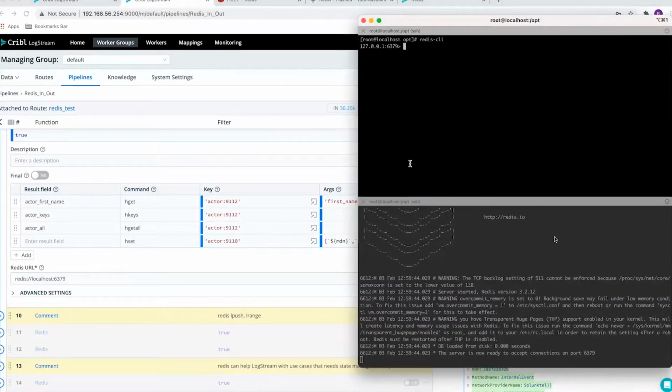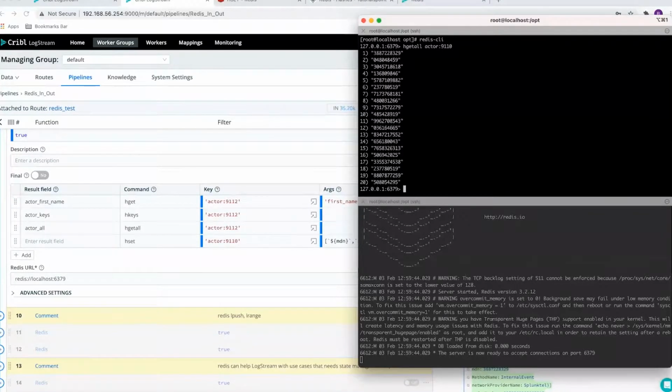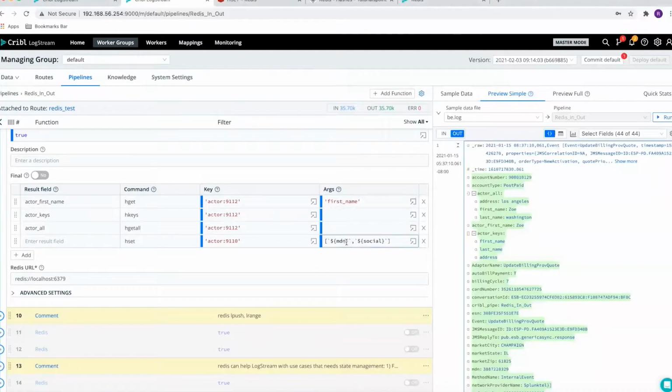So let's do get all with actor 910, and that gives us pretty much what we expected, which is in this case I just added the value of the cell phones and the social